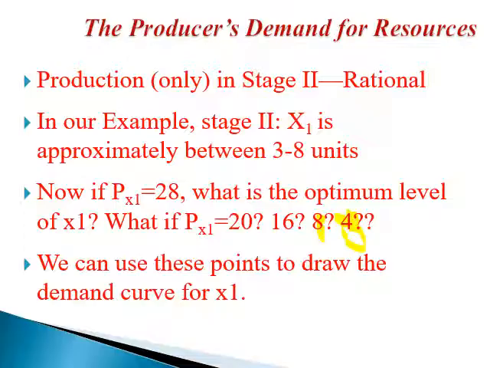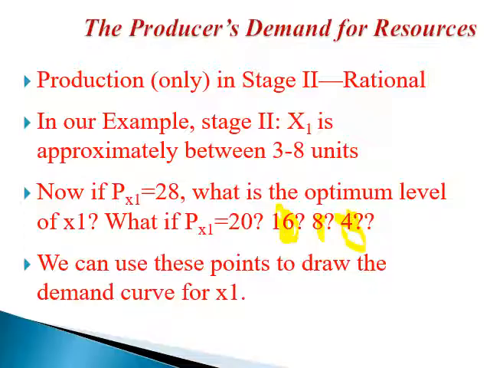And then, remember, we calculated between 8 and 16, we calculated already the 12, assuming that the unit price of X1 is 12. Now we're going to repeat the calculations again, assuming the unit price of X1 is 16. Everything else is the same. You will find an optimal amount of X1 that is different from what we got before.